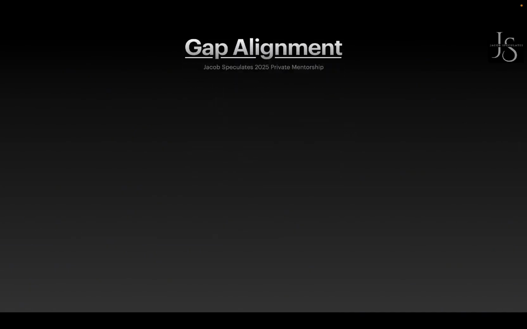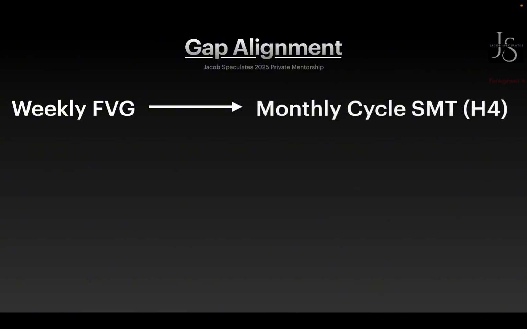So now looking at our gap alignment. If you have a weekly fair value gap, then you want to see a monthly cycle SMT form within that weekly fair value gap. So inside of that weekly fair value gap, view price through the monthly cycle on the 4-hour time frame, and you should see a monthly cycle SMT form within that fair value gap for it to